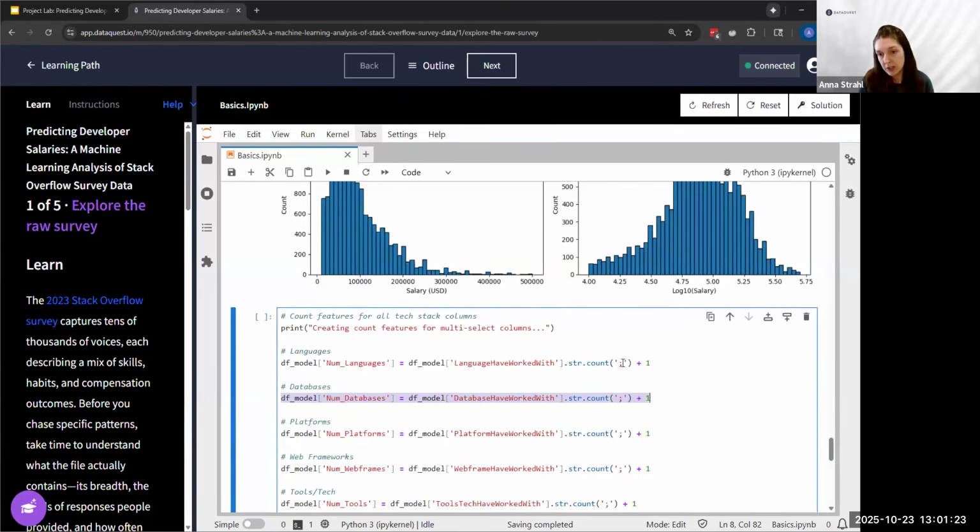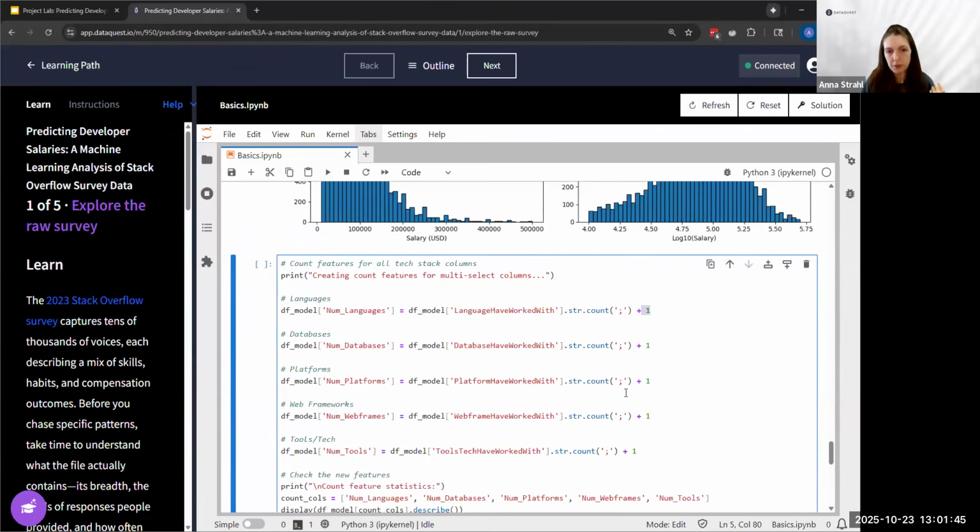So what are we doing? We're counting the number of semicolons that are present in a cell, and we're adding 1 to it because semicolons will always be 1 less than the list length. And this only works because we removed all of the null values. If we hadn't removed the null values, we'd be introducing potentially an extra number for people who said they hadn't worked with any tools.